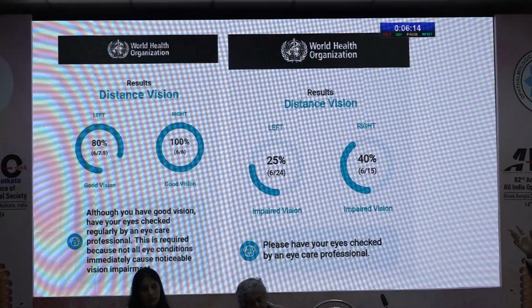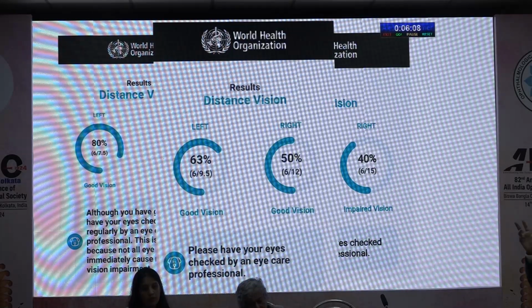So this is what the results will come out like, for a normal person and for an impaired vision. And this has a lot of significance. That is what I have seen, especially in the schools. When you tell the parents, okay, आपके बच्चे का vision 6/12 है, आपको जांच करा लेना चाहिए,